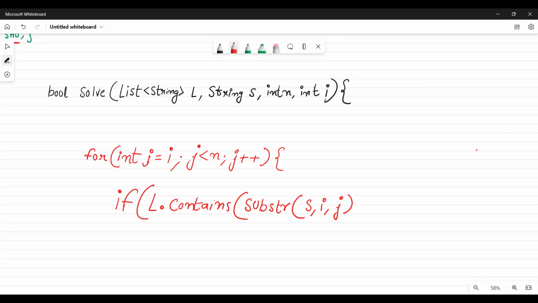Substring is a predefined method. It is present in almost every language. You can find it in the language of your choice as well. So basically this contains function has its written